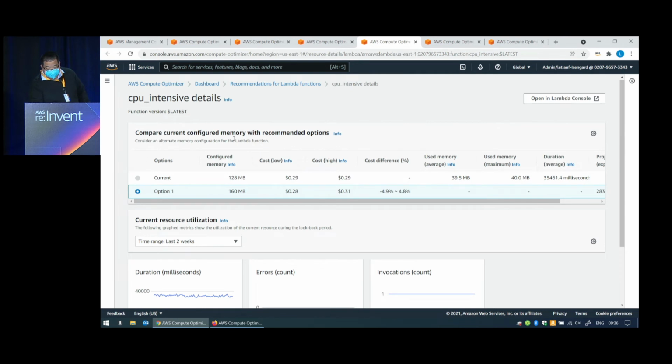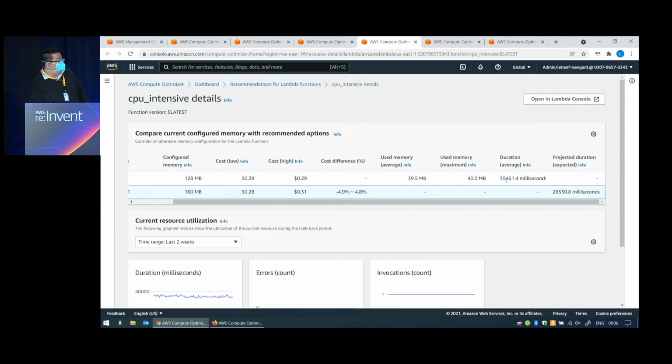The execution duration here is 35 seconds, give or take. Compute Optimizer recommends increasing the memory size to about 160, although your actual memory utilization is about 40, which is well below the amount you provision. And yet we still recommend provisioning more memory, which seems counterintuitive.